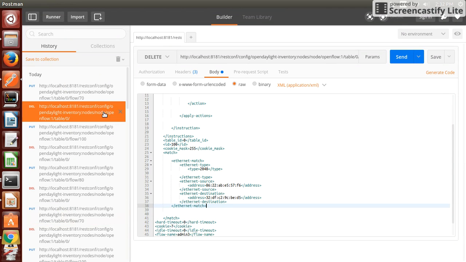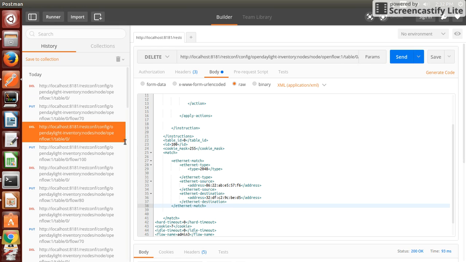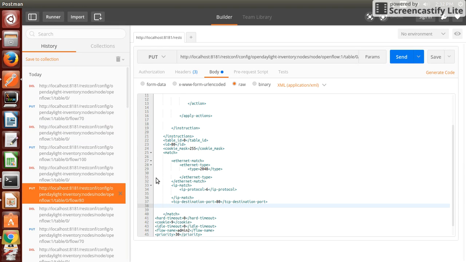Now let's move on to layer 4 addresses. Before that, I'll delete the flows which I've already added. I deleted it. Now I'll go and add a flow based on layer 4 address. The other things remain the same. I've removed Ethernet source destination and IPv4 source destination. I've added Ethernet type 2048, which is for IPv4 packet, IP match on protocol 6, which is TCP, and TCP